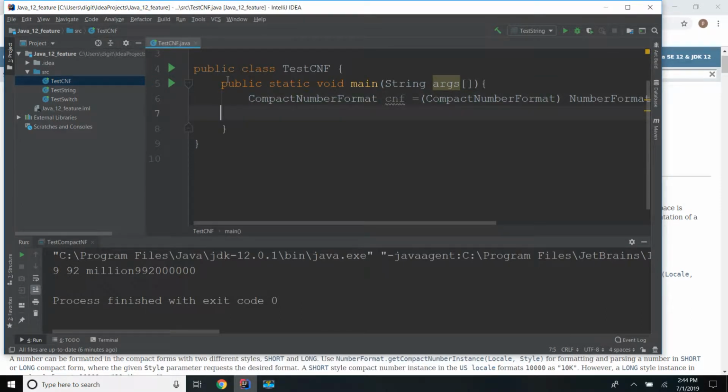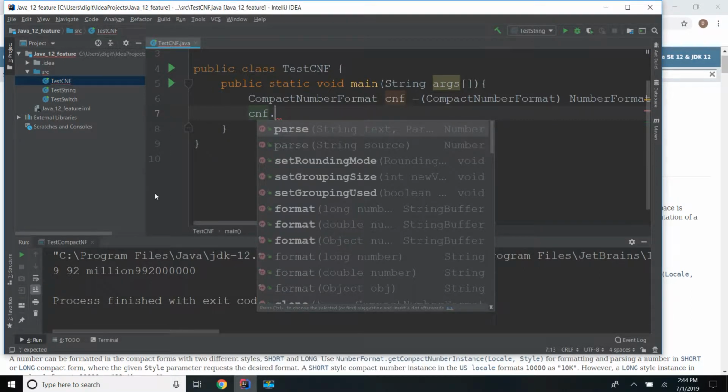So now I am going to pass some numbers. First I will format and then I will print. CNF.format